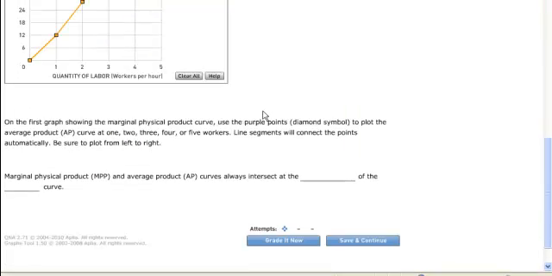And then the last question, they want to know the marginal physical product and average product